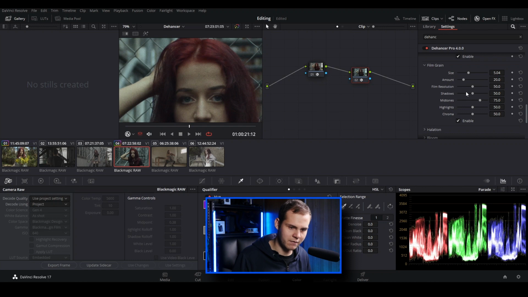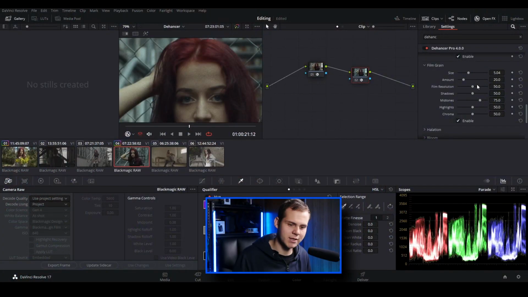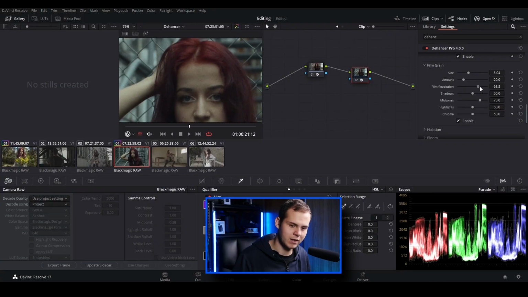This is pretty interesting, how film resolution works. It figures out how many grain particles you have on the screen and adjusts the film resolution accordingly. So 50% is pretty much like the sharpness of the image. At 50%, it's kind of blurry, you've got a bit of loss of details. When I bring this up to 100, it just leaves the original sharpness of the image. If you bring it all the way down, you can see that it blurs the image slightly, depending on how many film grain particles you have. I usually like to have it around 75, 80%,